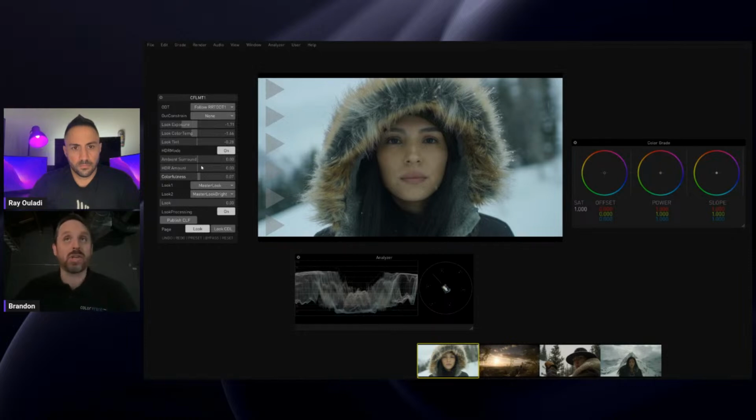And so what that is used to compensate for is kind of like your overall brightness. And you see on the scope, it's kind of raising the high end up or all the way down. And again, this is more for HDR toolkits and HDR deliverables. And then you've got your ambient surround, and that's based on the brightness of the room.